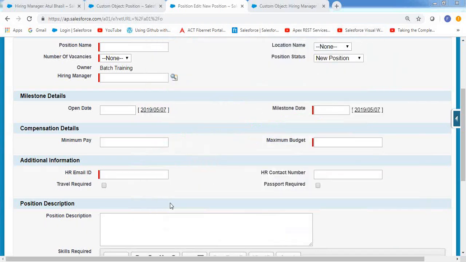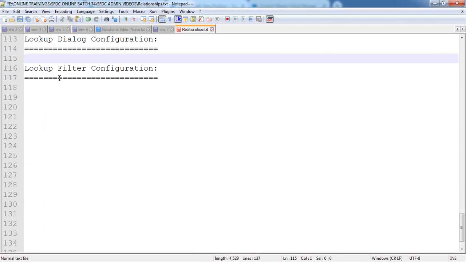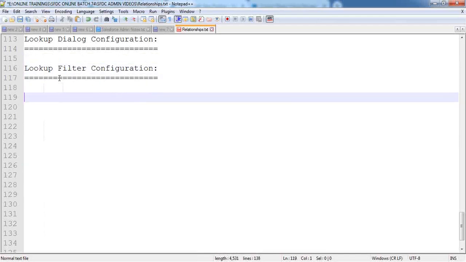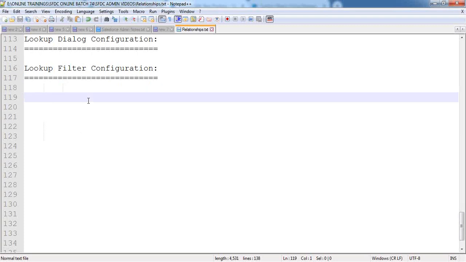Next one, lookup filters here. So what do you mean by this lookup filter configuration? Now let's see. For example,